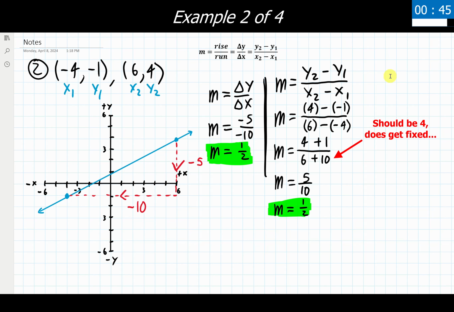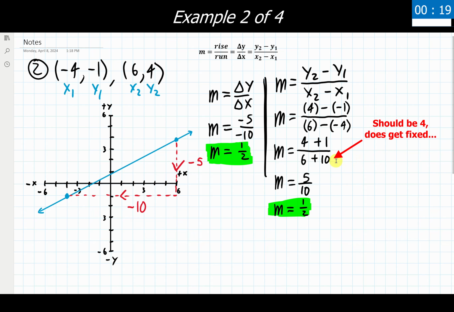And as we're seeing here, we are also getting a slope of 1/2, just like we did graphically. It should be noted that if you were attempting this on your own, make sure that you plug in the numbers and their signs inside of parentheses into this formula. We do have sign changes showing up here, and if you did not have that when you were going through this, that is generally the culprit for a lot of these problems.